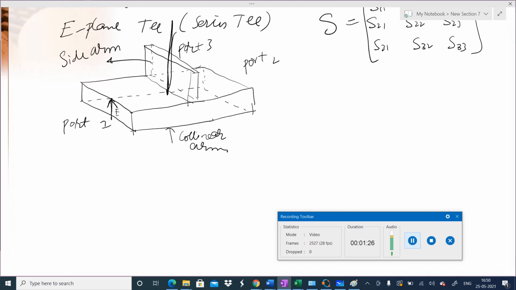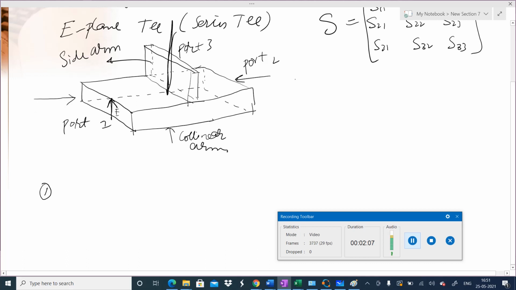Now we start with some assumptions. The first assumption we make, and later on we will see whether our assumption is correct or not. One of the assumptions we can make is that this E-plane T is perfectly matched. What does that mean? Perfectly matched at the three ports with the help of some maybe capacitive or inductive tuners. Perfectly matched means there will be no reflection at any port. Okay, so if we have incident wave here, there will be no reflection coming out. Similarly, if we have incident wave here, there will be no reflection coming out, and so on and so forth.